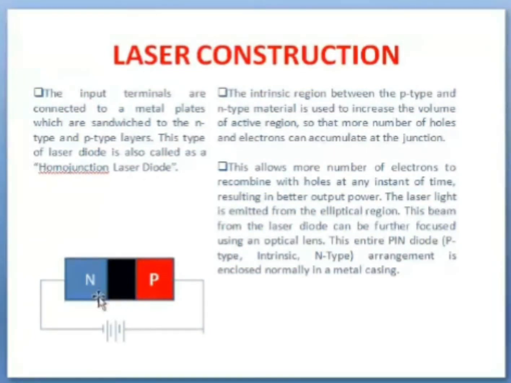That is, when the electrons from a high energy level go to a lower energy level, automatically light will be emitted, in the form of heat. Heat dissipation will be there, and which can be seen in the form of light, based on the material which you are using. Once it is entering this region, since it is just like a resonant cavity, just like an empty container, it will be hitting the walls of the container and it reflects. At one end it will be a transparent layer, so the light comes out. So in this way the operation of laser occurs.